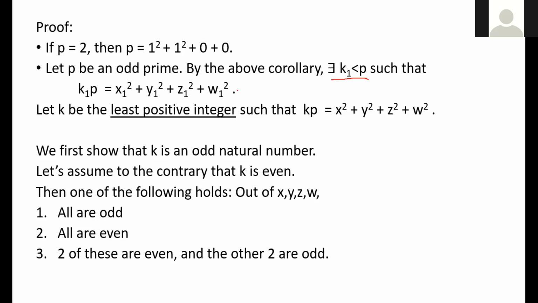So let k be the least positive integer such that kp can be expressed as a sum of 4 squares. This is very important. This least positive integer, we are going to try to prove by the method of contradiction, and this is where the contradiction. Oh, I should not have said that. Anyway, but that's okay. But at this juncture, we need to ask, why does such a least positive integer exist?